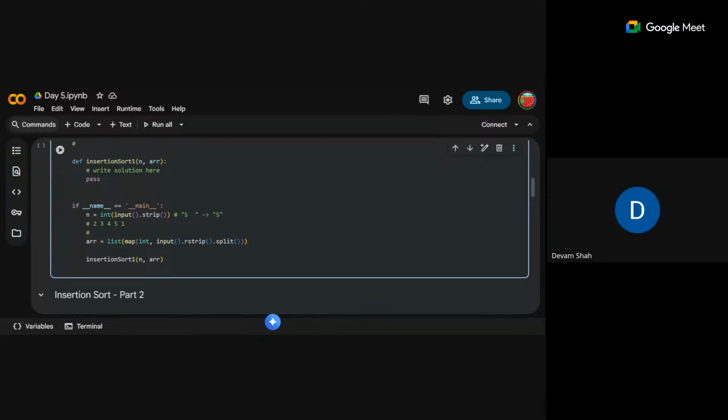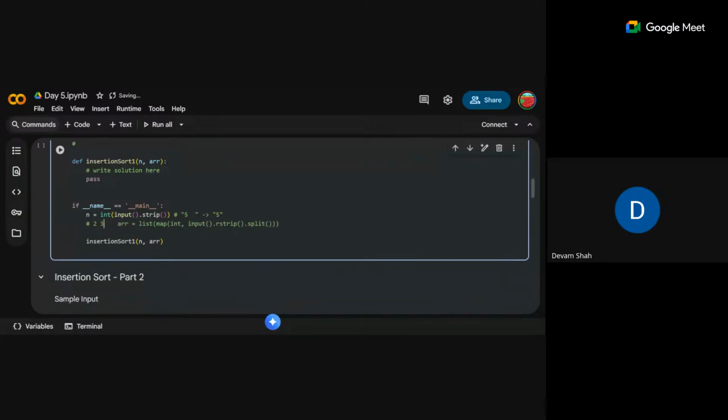Next it will create a list something like this: 2, 3, 4, 5, and 1. And now this map function will convert it into integers, and finally you will have a list. All right, so that's all